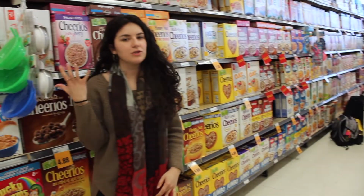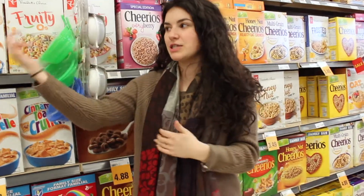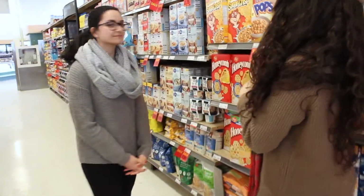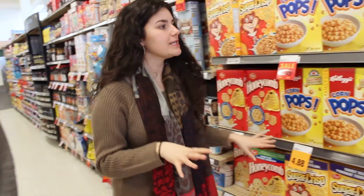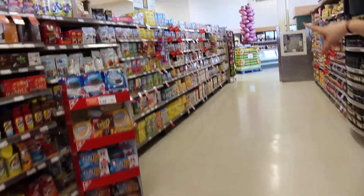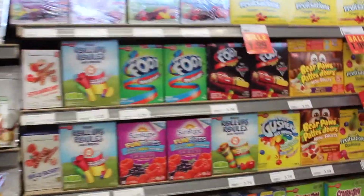And so it makes you start to wonder why they started with the organic and the healthy stuff and then transition over to the more sugary stuff. So in our investigation, if you follow us, these are all your sugary cereals, mostly Kellogg's and General Mills. And we noticed that once you end here, when you turn this way, you start to get into all of your sugary snacks. So we have here fruit roll-ups, we have our granola bars, our Rice Krispies, all of